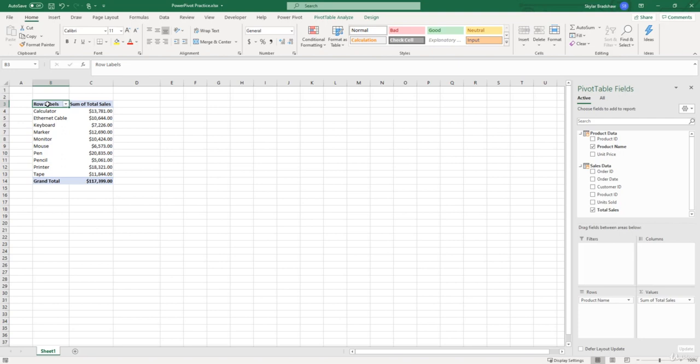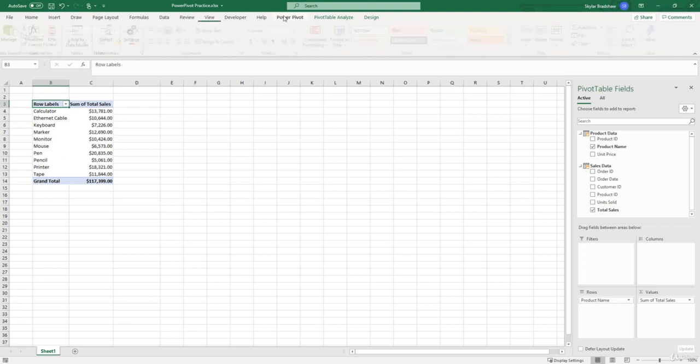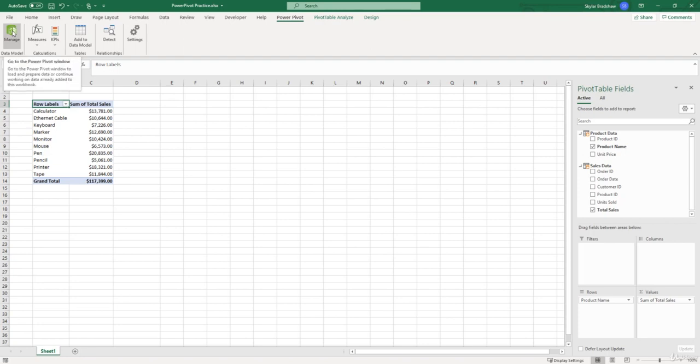So to start adding KPIs to this pivot table, the first thing that we have to do is create some measures within our data model. And to create measures, we have to go back inside of our PowerPivot window. So let's click the PowerPivot tab, and then we can select either Measures or Manage. I'm going to select Manage because I think it's a little bit easier to see and understand which data we are applying the measures to. So if we click Manage,